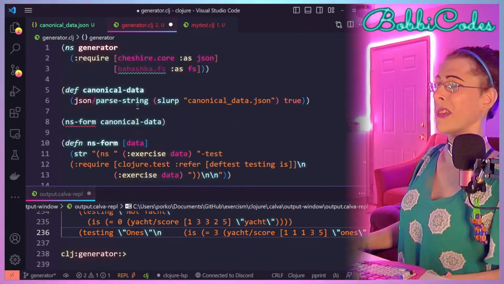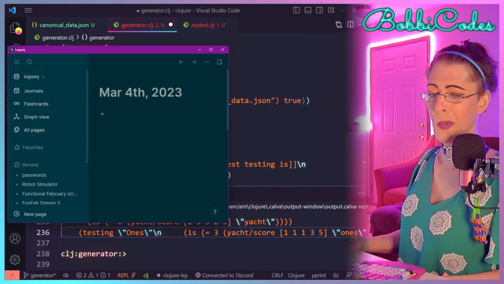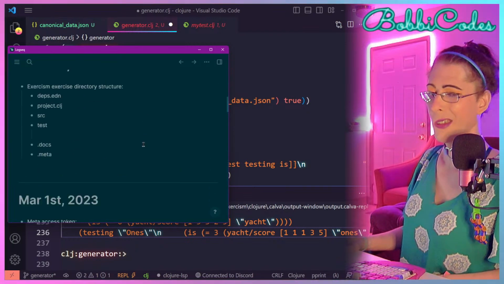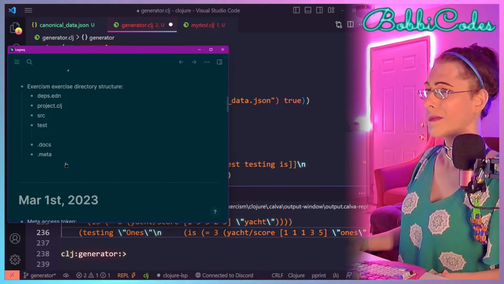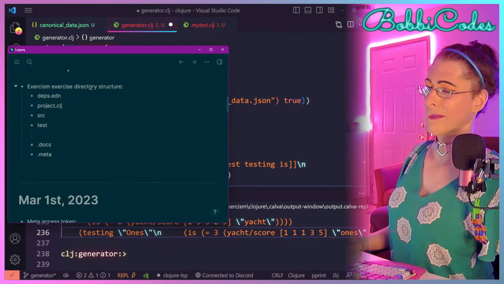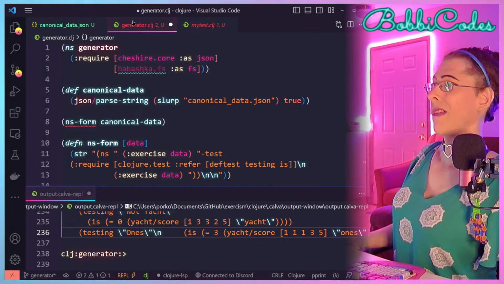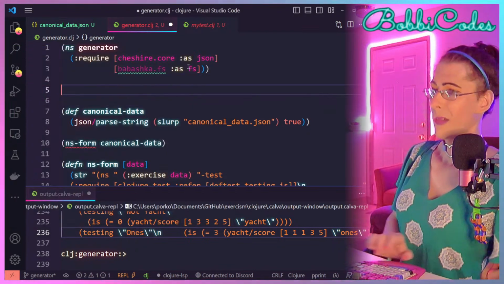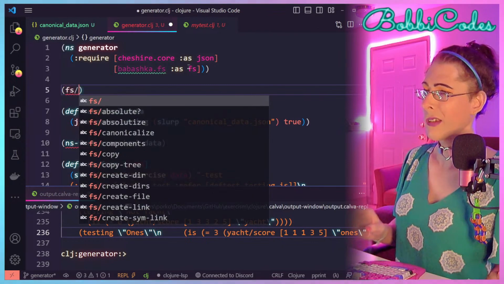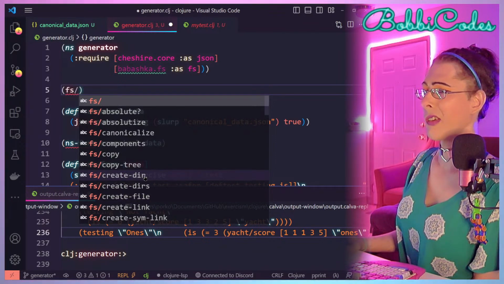So let's make the directory structure. I think I put that in my notes. Yeah, so here's the directories that we need. And here's where we'll use babashka.fs, and there's create file and create directory.